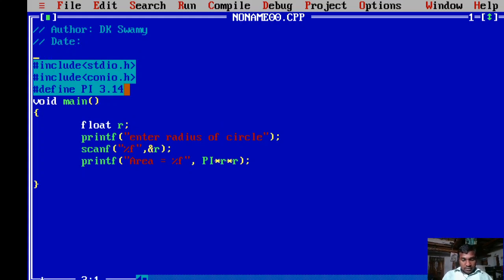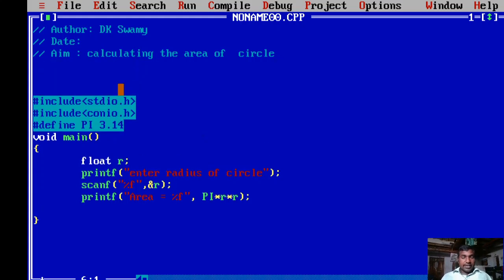Next, aim of the program. So what is the aim of this particular program? Calculating the area of a circle. So calculating the area of a circle is the program we are trying to write.